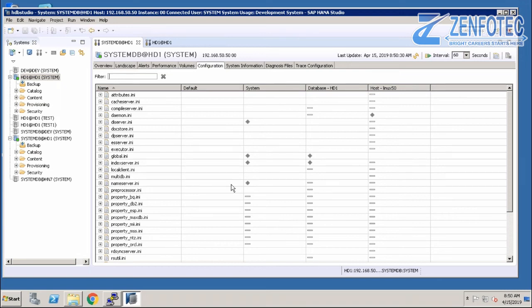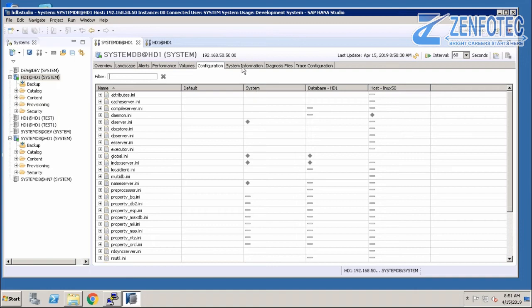Okay, so this is nothing but the instance profile. In SAP Basis, when we install the system, after the installation we have the profile files: instance profiles, then default profiles, then start profiles. In SAP systems we call them profiles, but here we call them INI files. These are all configuration INI files. What parameters we have to change after the installation, we'll see tomorrow.